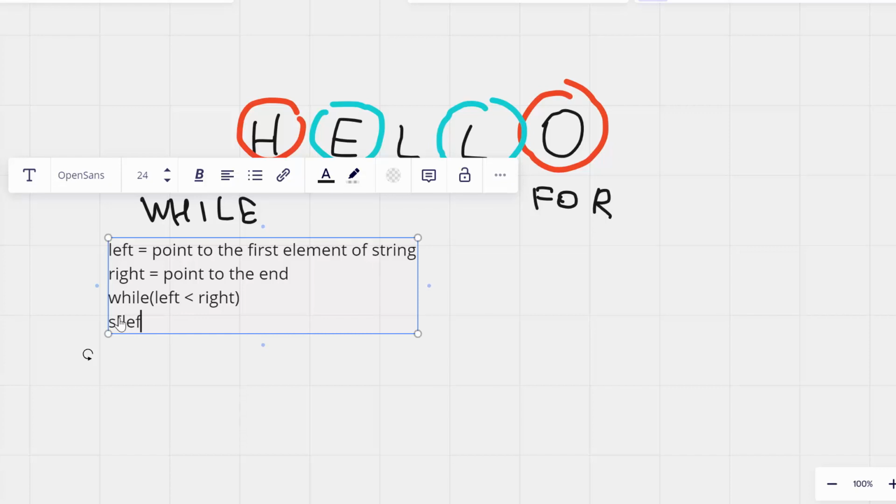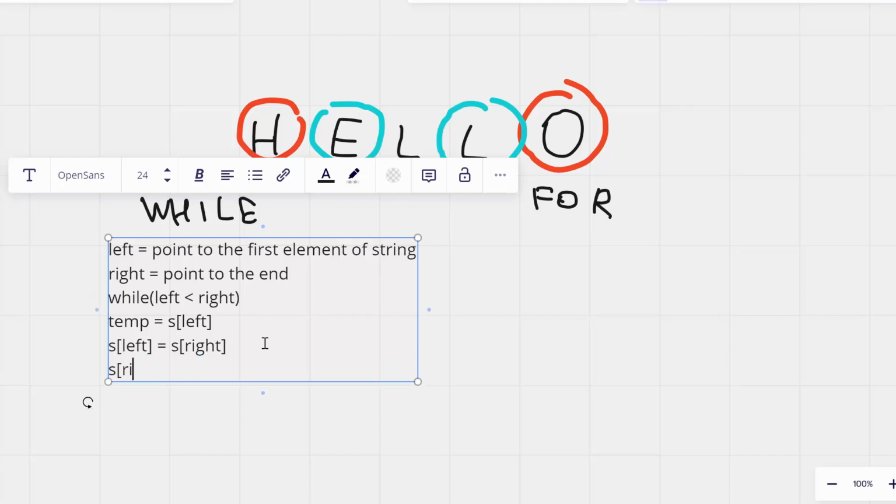And how will we swap our elements? If I immediately assign the value of the right element to the left element, I'm going to lose the value inside the left element, because I'm going to have the same value in the left and right elements. To avoid this situation I need to create a temporary variable. This temporary variable will store the value of my left element first, and then after I assign the value of the right element to the left element, I can assign to our right element the value that is stored in the temporary variable.